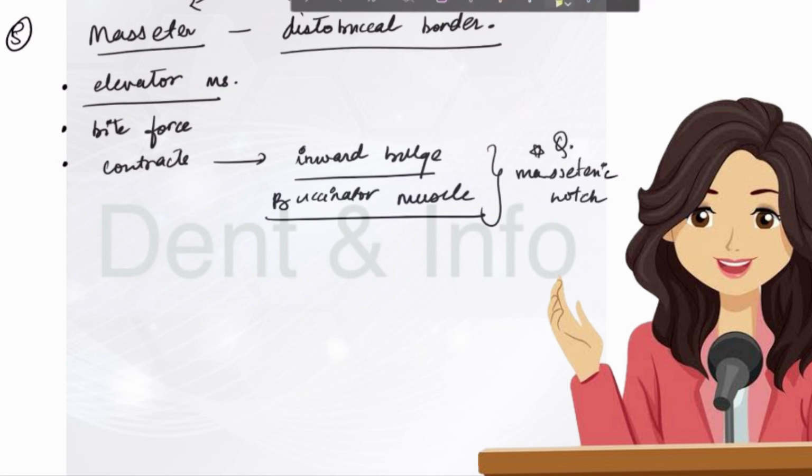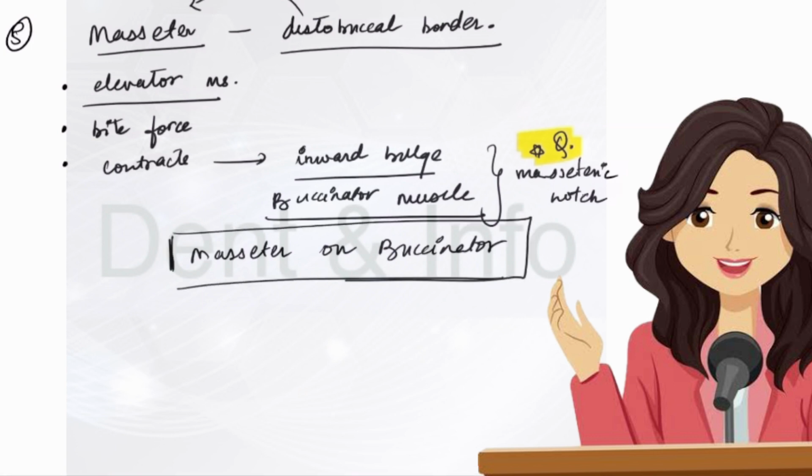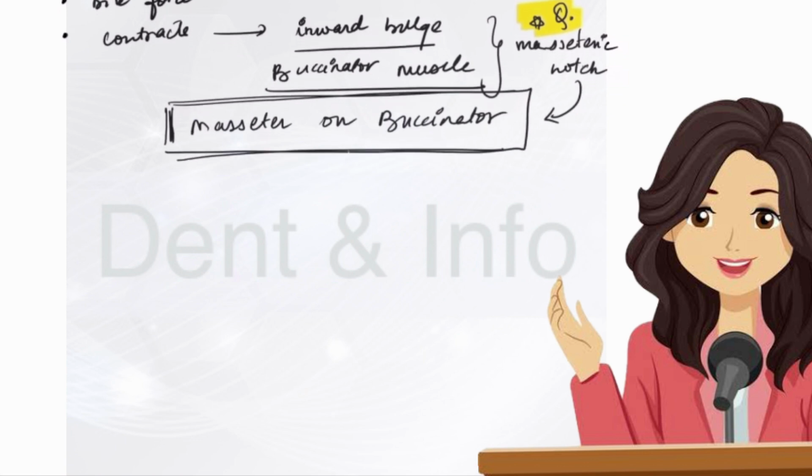I'm going to highlight it here for you so that when you go back and see this, you remember to read this portion up again and keep it in mind. It is the influence of masseter on buccinator. That is the answer to your question. Just remember, influence of masseter on buccinator is your masseteric notch. Right? A very important question for your exam. Now, the next part on the posterior aspect, which I want to discuss, is the